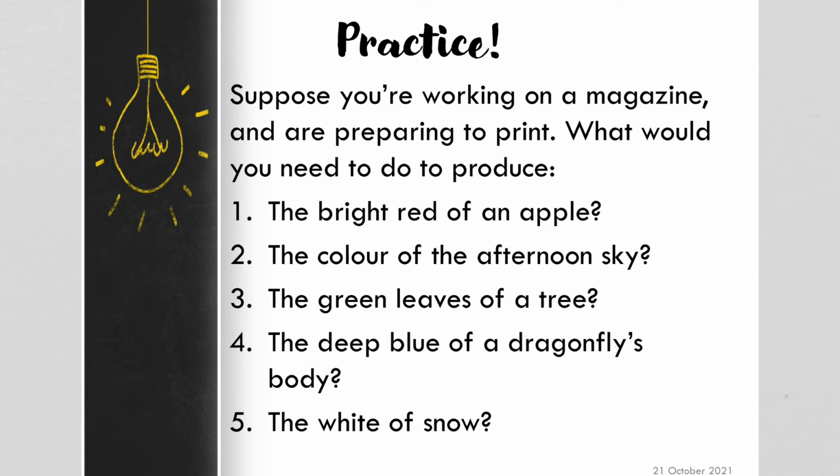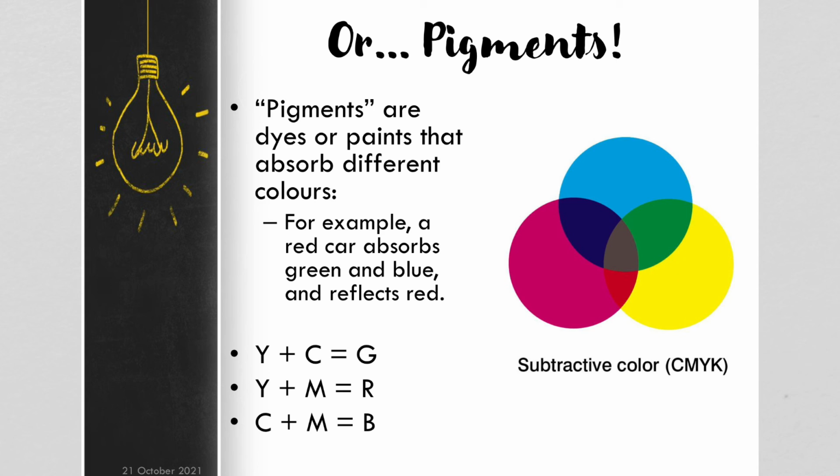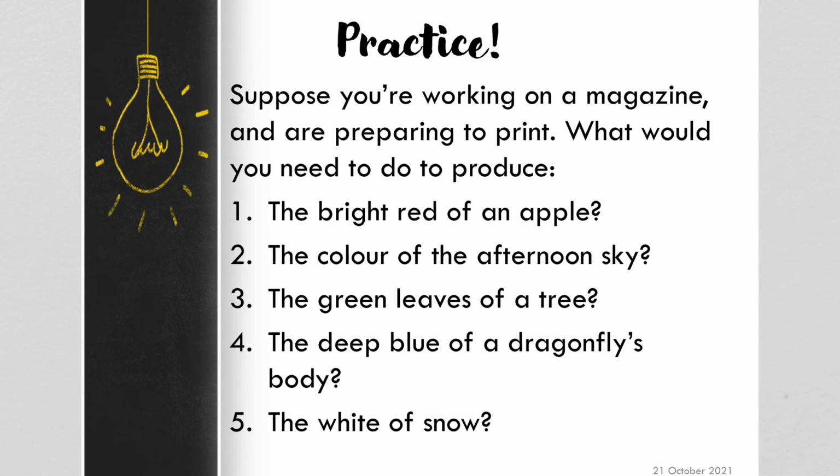So again, some practice. Pretend that you're working on a magazine and you're preparing to print. What would you need to do to produce the bright red color of an apple, the color of the afternoon sky, the green leaves of a tree, the deep blue of a dragonfly body, or the white of snow? If we go back here, remember when we add these colors, it's reversed. So you're trying to find those colors,